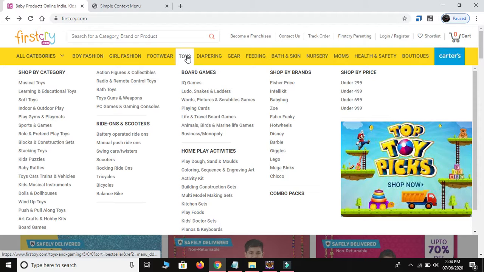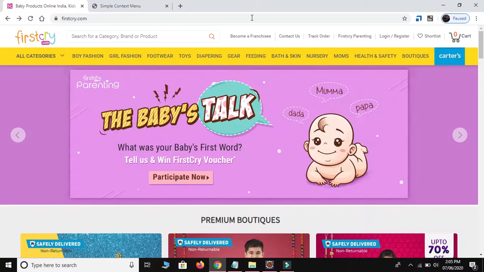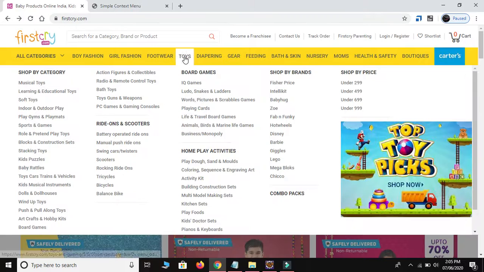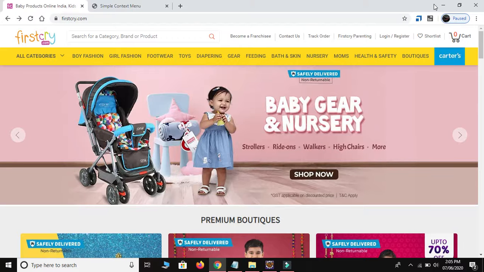We need to just move our cursor onto this web element. So this action is known as a mouse hover. We don't need to click on the web element, we just need to mouse hover. After mouse hovering on the web element, we need to click on any of these options, just like this one, Disney. So how to perform mouse hover? We don't need to click, we need to perform only mouse hover. So the first task is, after launching this URL, we need to mouse hover on toys. After mouse hovering, we are able to see this option, Disney, and then we need to click on Disney. So how to mouse hover?